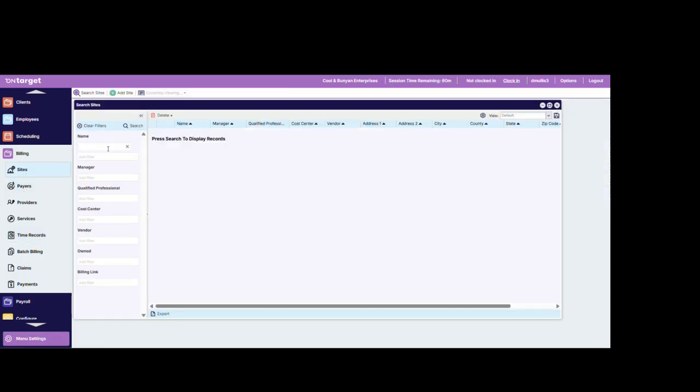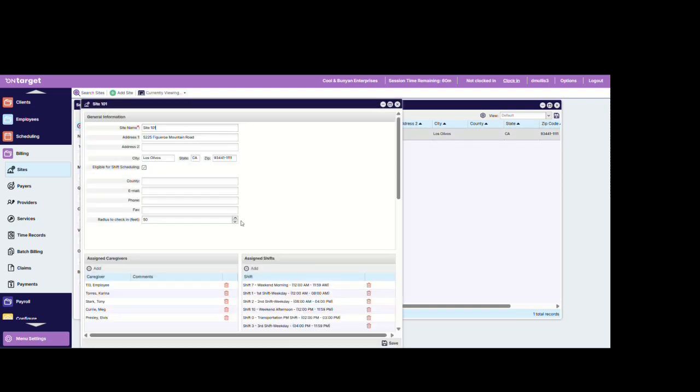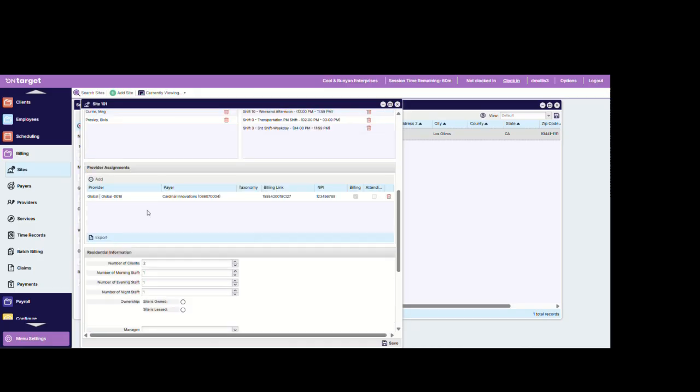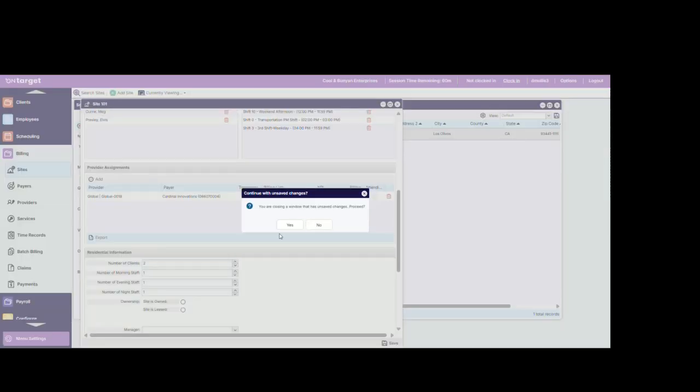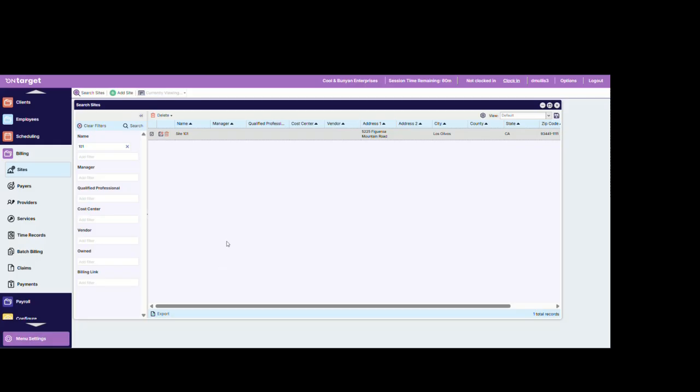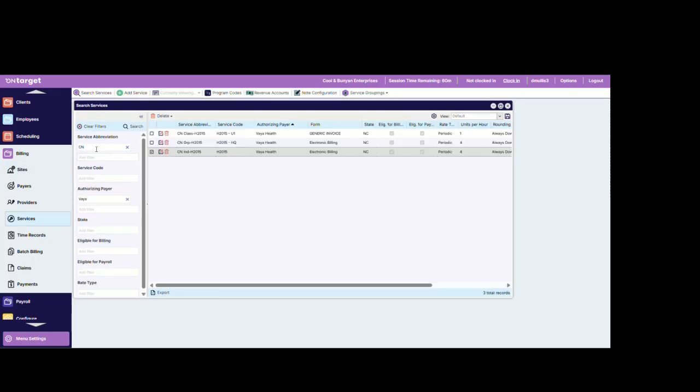So let's just drill down here. Let's look at Site 101. So we go to Sites. If you have access to this, you may or may not. And so we can see here, yep, looks like all the NPI information's here. We've got the billing link, right? We've got all that information. So the question is, why are we getting this error? Why is that not connecting? What's going on? So it has to do with the